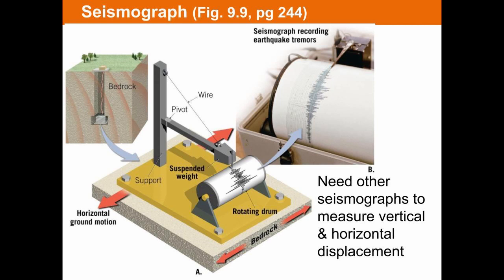Notice the seismographs tend to be in the left corner here, attached to some sort of bedrock, some sort of firm foundation that can accurately measure the movement of the Earth. This movement then goes up through a support beam connected to that bedrock onto a pivot and wire, and that suspended weight on top of this paper here rotates along with the bedrock, and this rotation is recorded, and then you can look back on it later to see what is actually going on